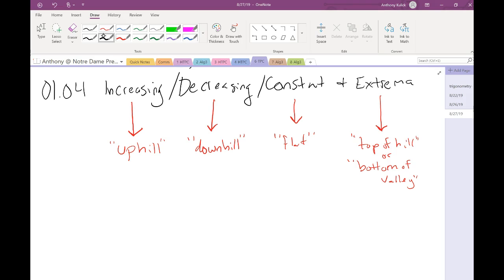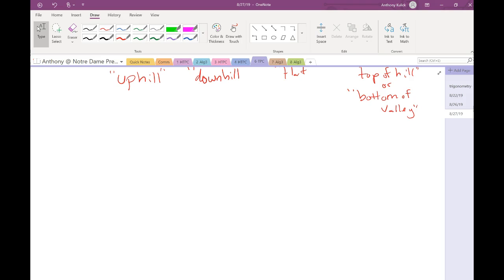So, the important thing to remember when I say uphill, downhill, flat, etc., is that we're always talking about reading our graph from left to right, just like you'd read on a sheet of paper, or you'd read a book. So if I look at an example,